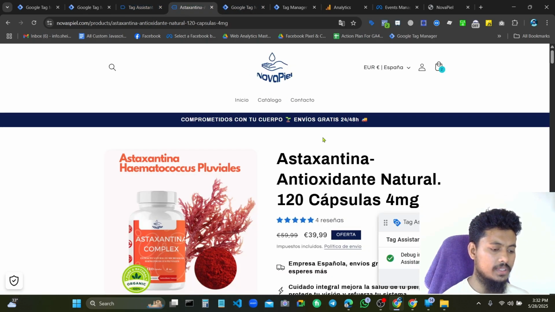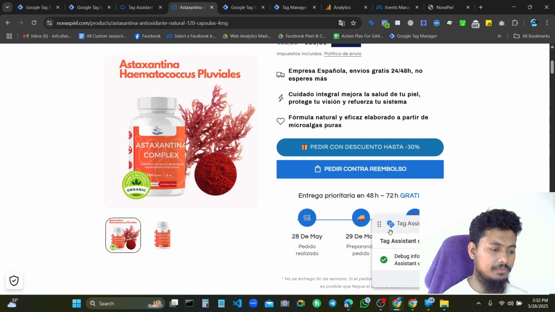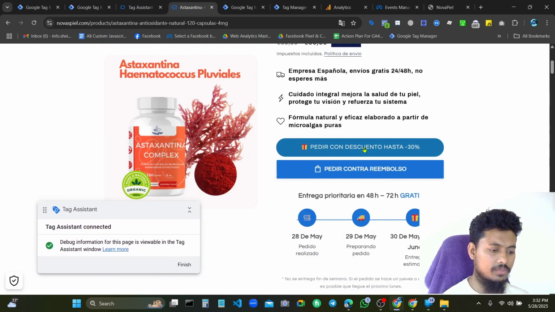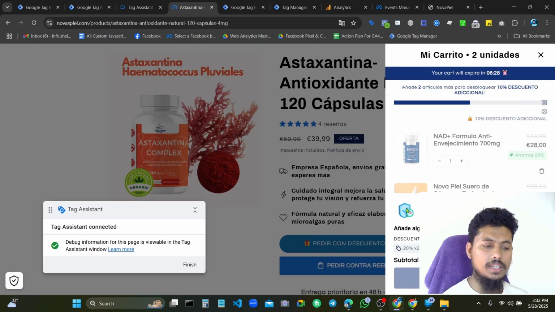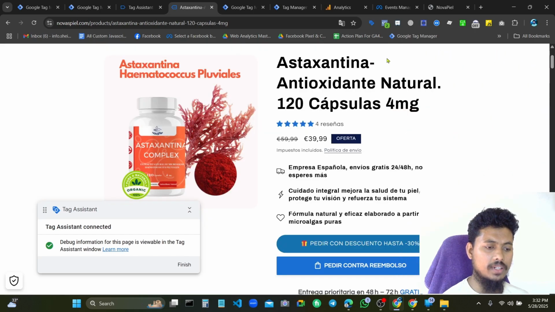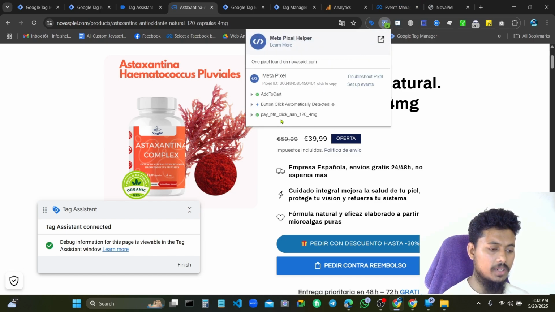So in this case, I will test a product for test event. And if we go for this button, each button individually fires an event. You can see pay button clicked.